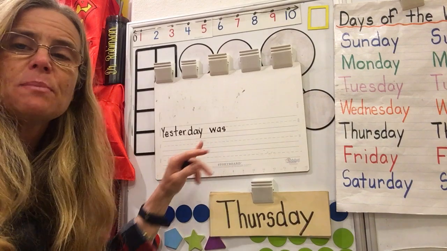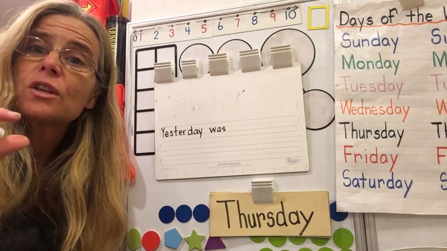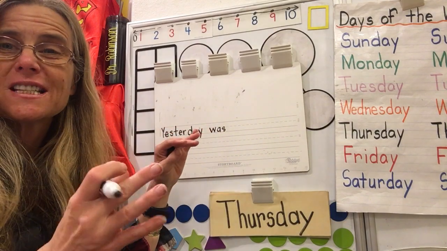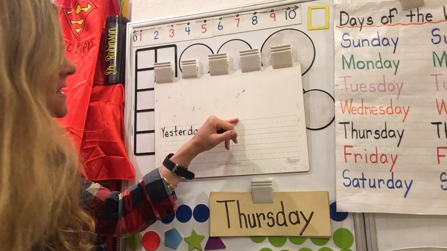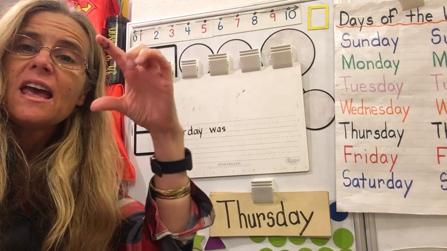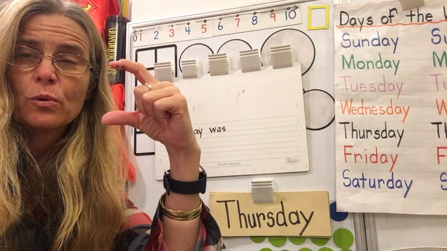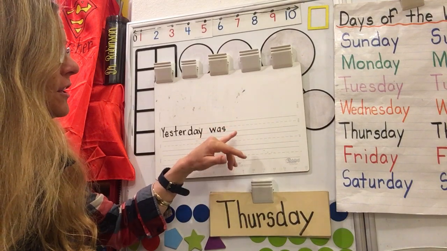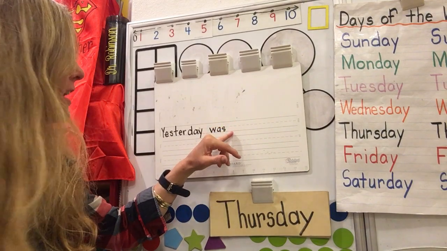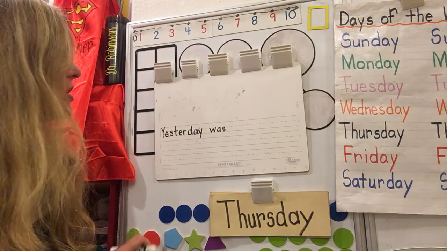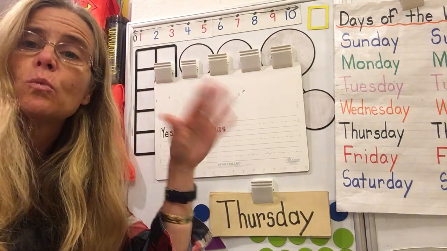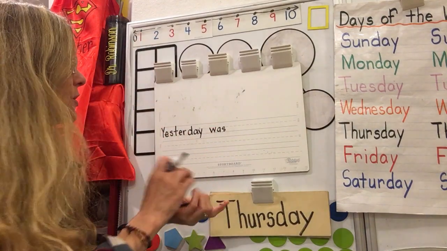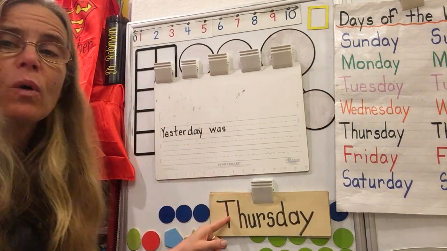W-A-S. What's nice about this board also is that it shows you the track, the road, so you can see. It might be difficult to see it if you're not really close to it, but there's a solid, a dotted, and a solid line. And that's the writing track, or the space we're going to be writing in. So this is the first floor, this is the second floor, or the attic, and then down here is the basement. So it gives a good visual reference for where the letters are placed in each of the words. So we're going to do another face space,